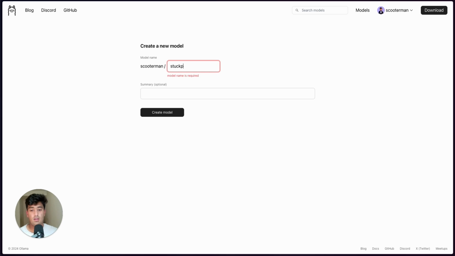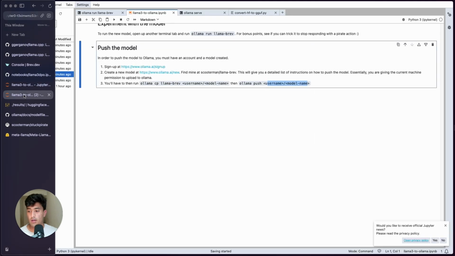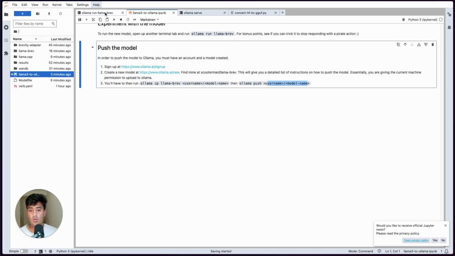Let's do stuck pirate. Can you help poor pirate escape the infinite confines of an LLM? So we can go ahead and create this model, and this gives you the instructions on how to upload it. So in our case, we already have an existing model on our machine, so we can simply do this right here. So let's go ahead and go back to our Jupyter Notebook,